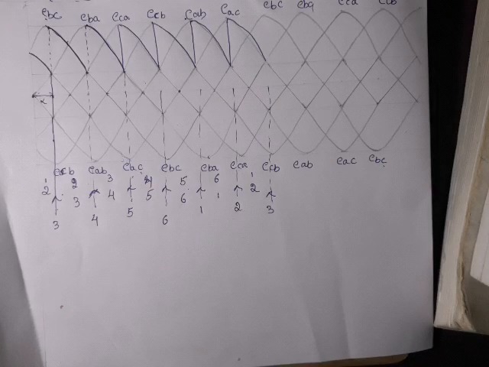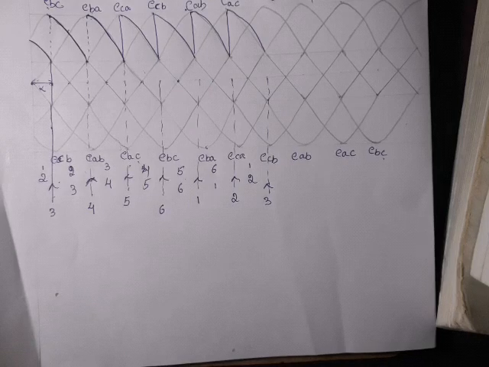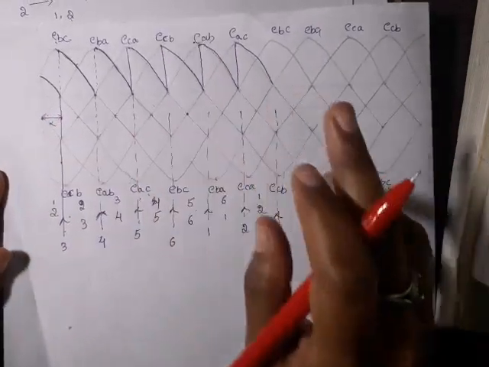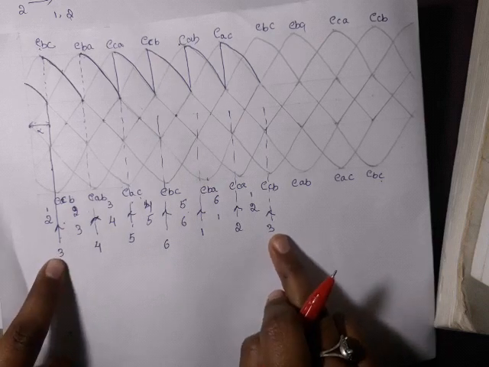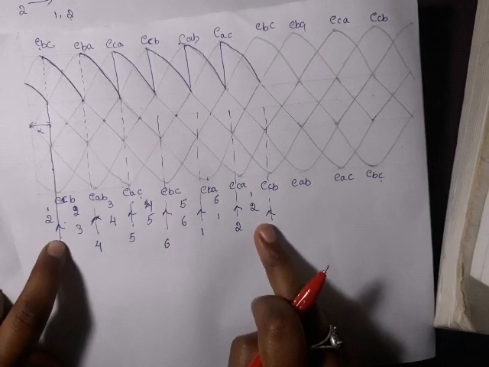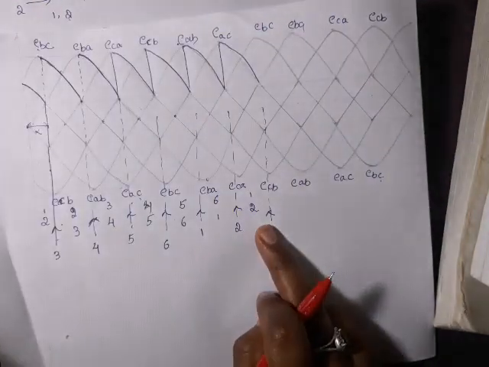Hello guys, yesterday we were writing this. Anyway, we have written up to output voltage. So this is the waveform you will get for output voltage for one complete cycle. See, this is one complete cycle. 3 is the incoming valve, here also 3 is the incoming valve. So for one complete cycle your output voltage will be like this.